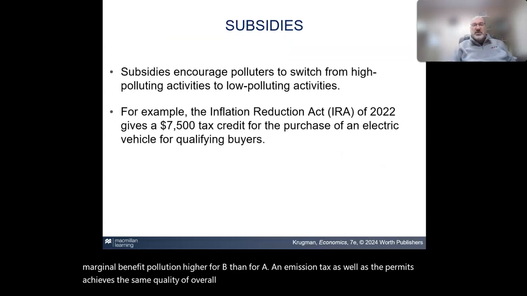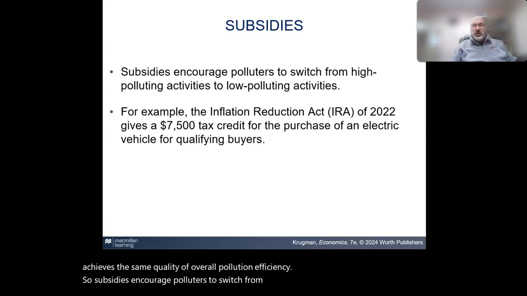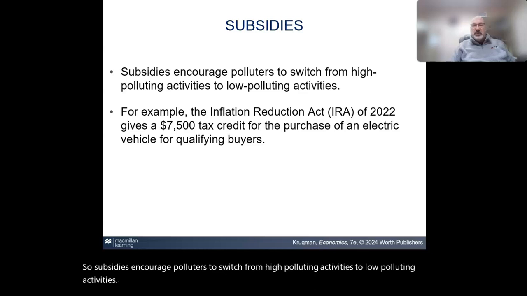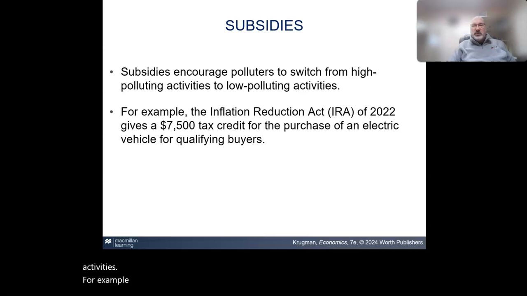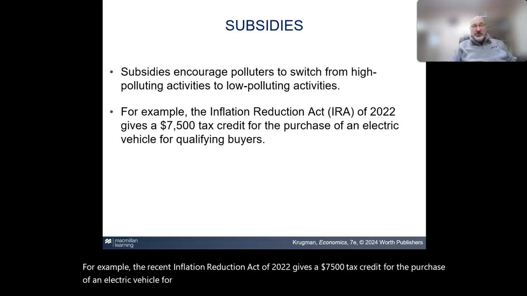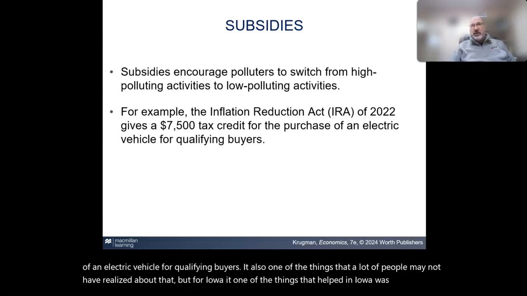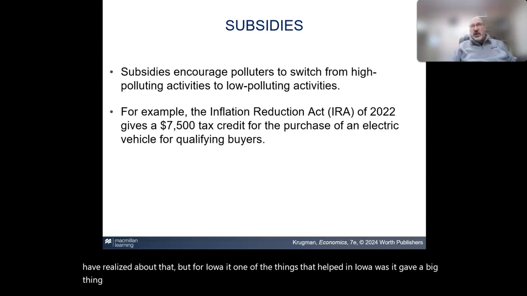So subsidies encourage polluters to switch from high polluting activities to low polluting activities. For example, the recent Inflation Reduction Act of 2022 gives a $7,500 tax credit for the purchase of an electric vehicle for qualifying buyers. One of the things that a lot of people may not have realized, but for Iowa, one of the things that helped in Iowa was it gave a big incentive for wind energy, which a lot of Iowa farmers were putting those wind turbines in their farms,